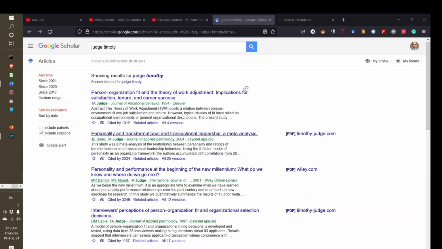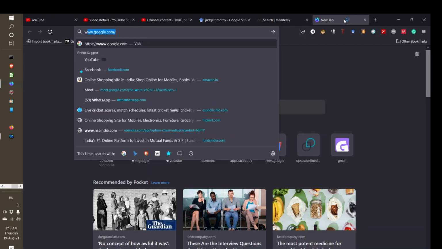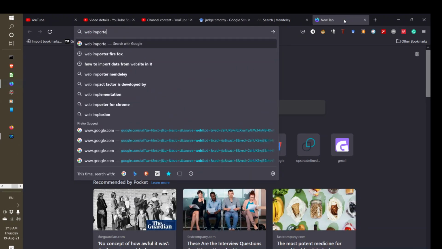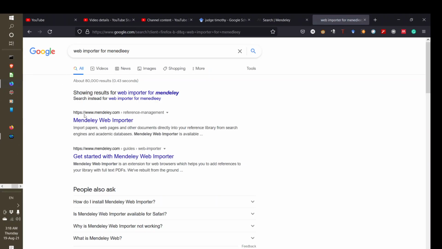They feed in the Mendeley entries, but what we can do is use something called a web importer for Mendeley.